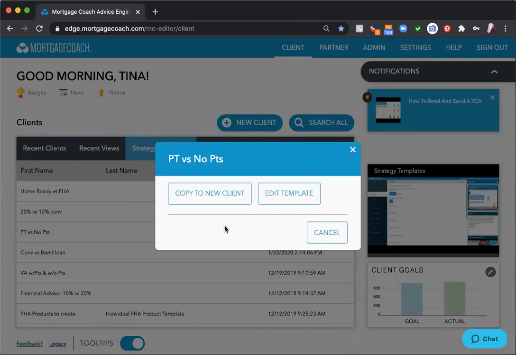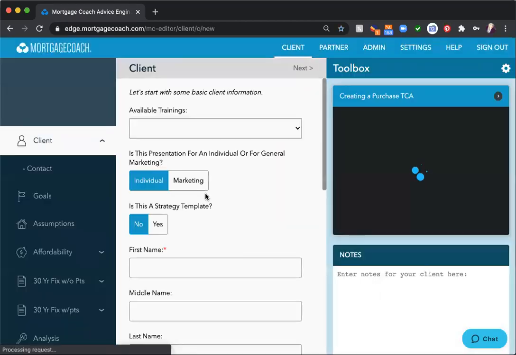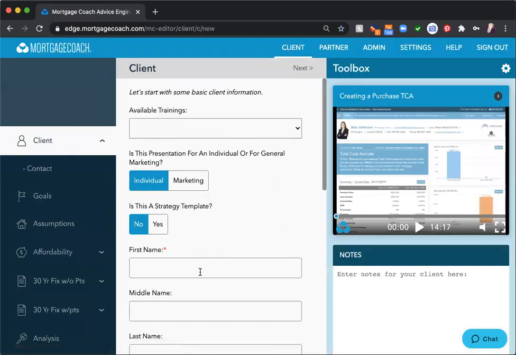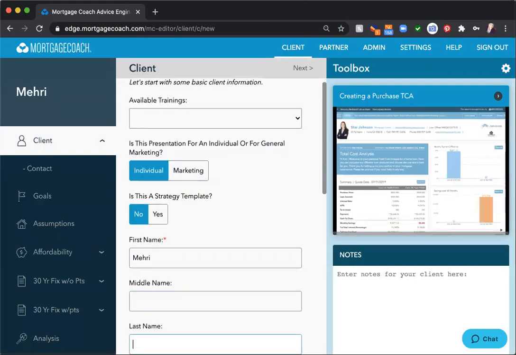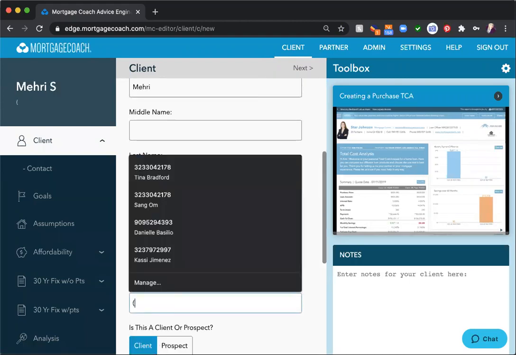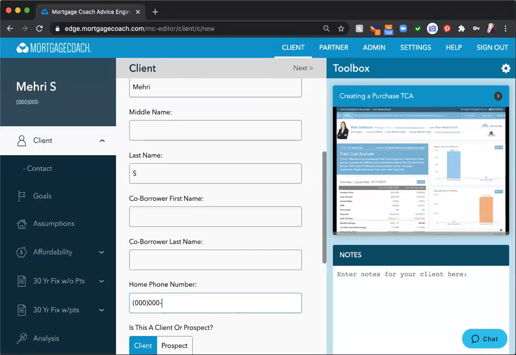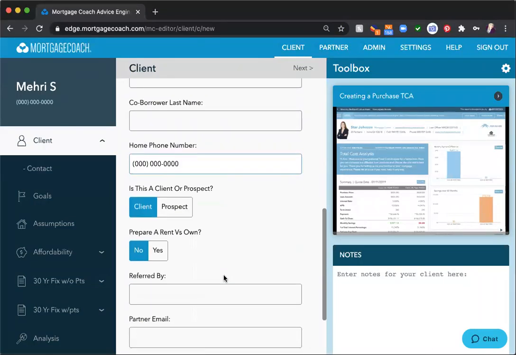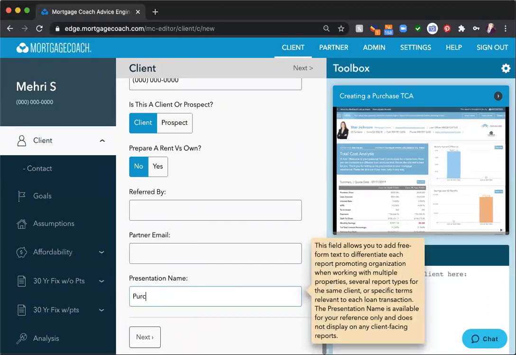Now, if I need to add my closing costs and such, or I need to change that template up, I can click on Edit Template, and that will allow me to make any changes within the strategy template. However, I'm going to start with a new client. So I'm going to click right here on New Client, and I would type in my client's name. I would type in my client's phone number, and I would type in that it's a purchase, and let's say September